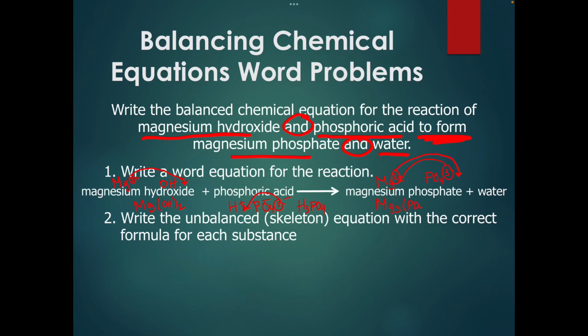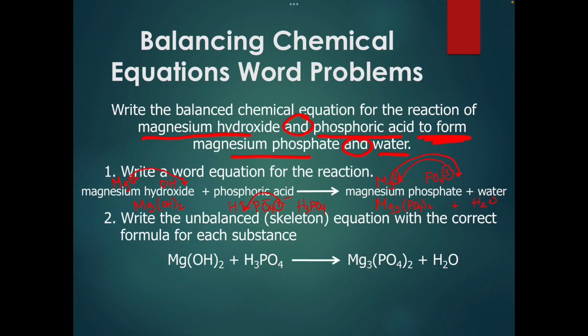Since phosphate is a polyatomic ion, we'll put phosphate in parentheses. And then finally, water. All right, so now we've got all of our substances written out, and now we can go ahead and balance our chemical equation. Okay, so you remember when we were talking about balancing chemical equations, I said something about